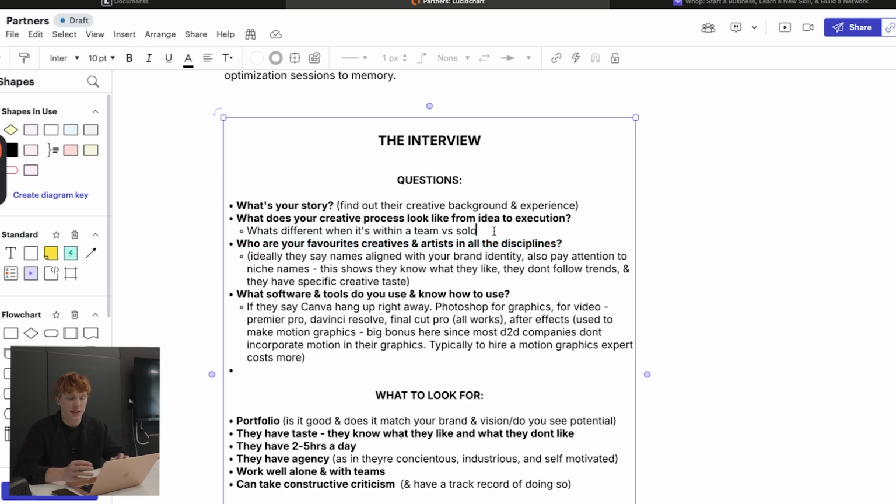If they say something like, I kind of just go with it, or they don't mention the importance of knowing the scope, or having clear context of what the actual project, the graphic or the video, requires, the use case, and what needs to be implemented in it, then they probably don't have experience if they're answering that question like that.